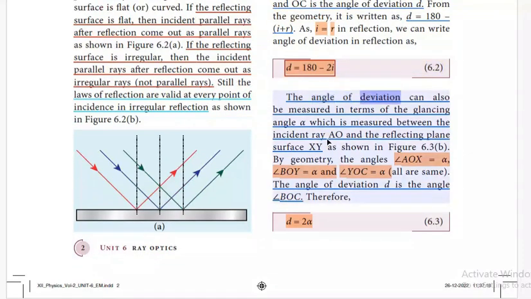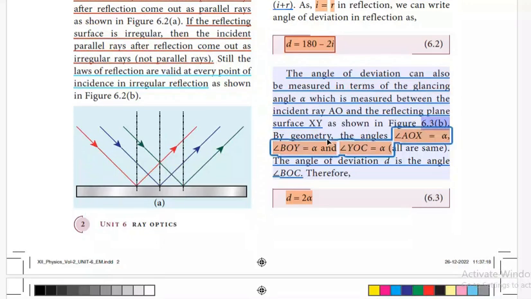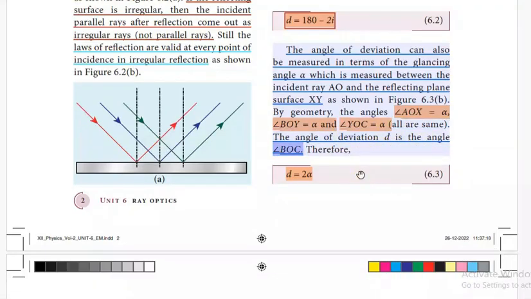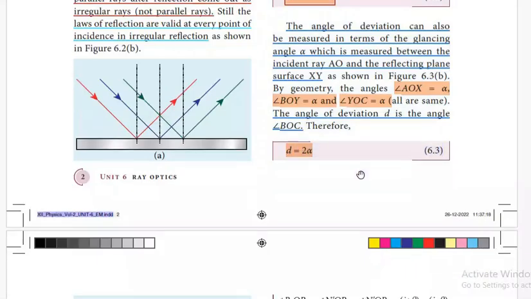The angle of deviation can also be measured in terms of the glancing angle alpha, which is measured between the incident ray AO and the reflecting plane surface XY as shown in figure 6.3b. By geometry, the angles AOX equals alpha, BOY equals alpha and YOC equals alpha, all are the same. The angle of deviation D is the angle BOC. Therefore, D equals 2 alpha. (6.3)